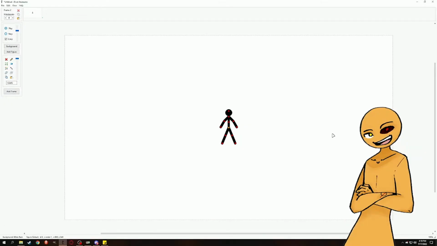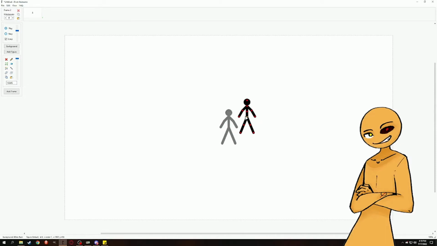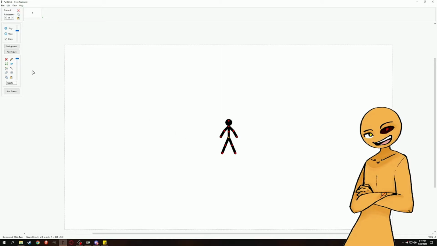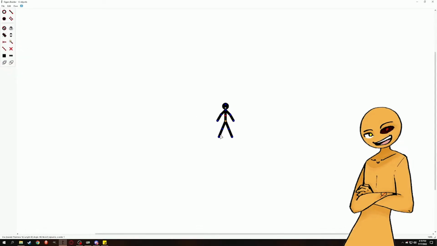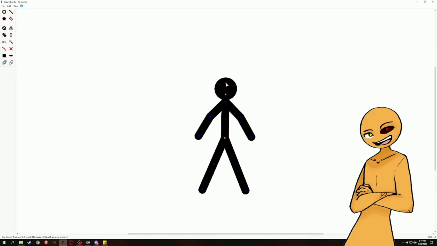Alright, tip number 4. Don't have it? Make it. Again, when we have a figure like this, very basic, very small, very limited, there is a lot that we can do with this. For example, we of course have the figure editor, which allows us to do a lot of different things. And as a very quick example of what we can do, we can take this head, make it a little bit bigger,